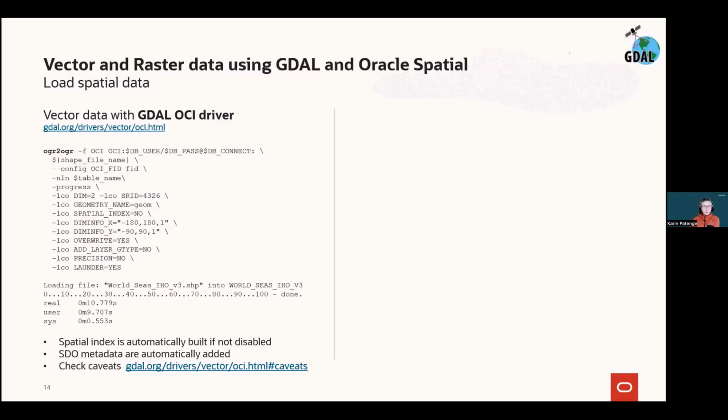Okay, so let's have a look at how we can use the GDAL command line tools in order to load vector data and raster data. Let's start first with vector data. So you have this OGR to OGR command, which you can use to load vector data from different formats into the Oracle database. And the OCI